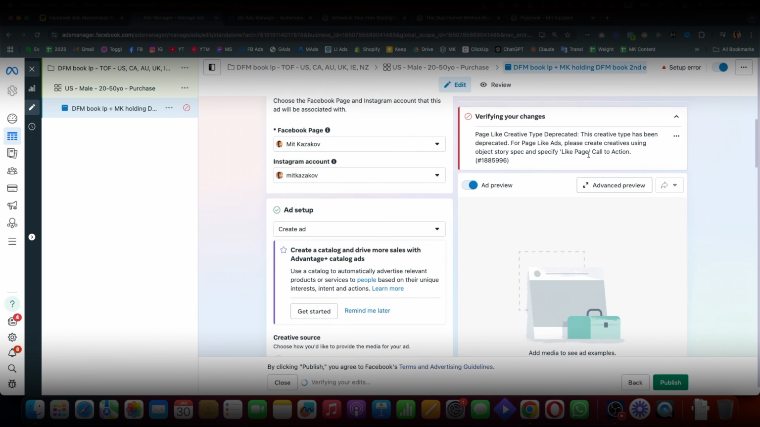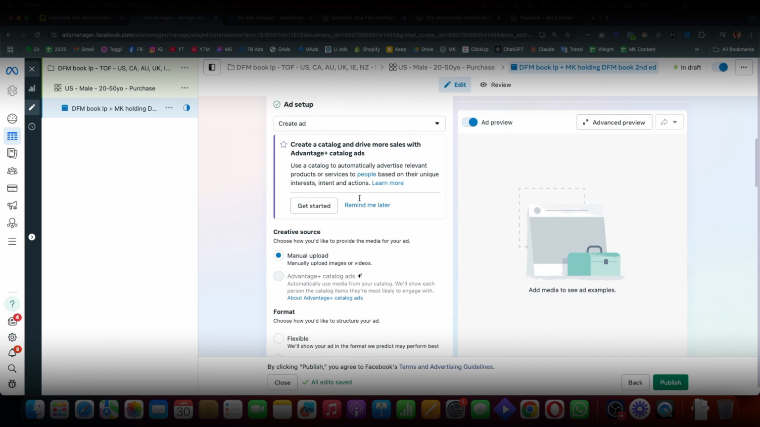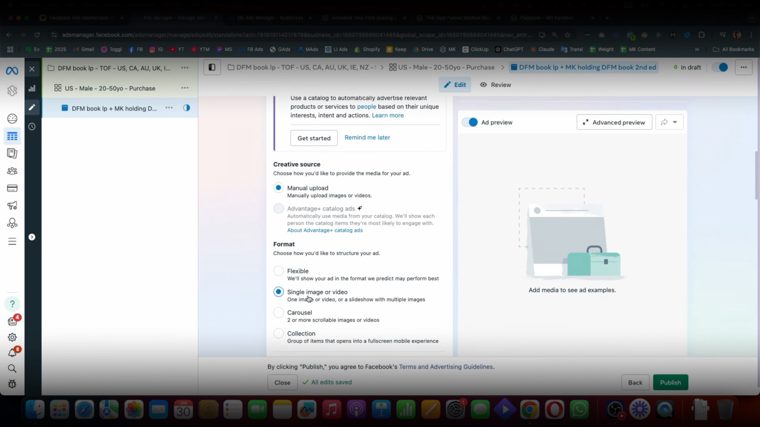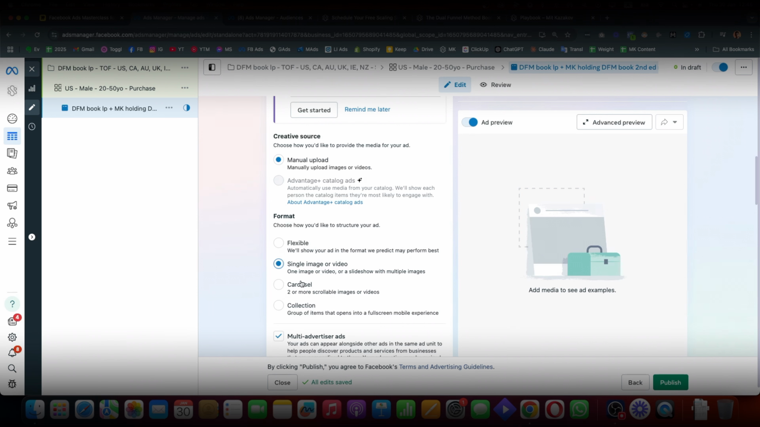We're going to use create ad and we're going to continue over here. We're going to use manual upload. We're going to use single image or video. There are different formats. What I've seen so far for coaching and consulting and digital products specifically is single image